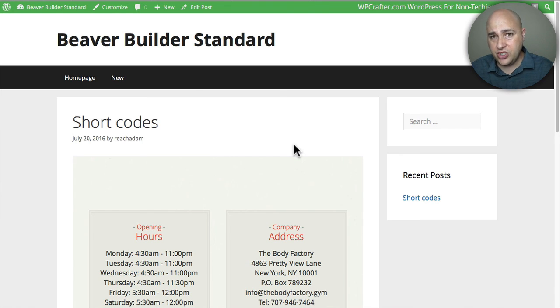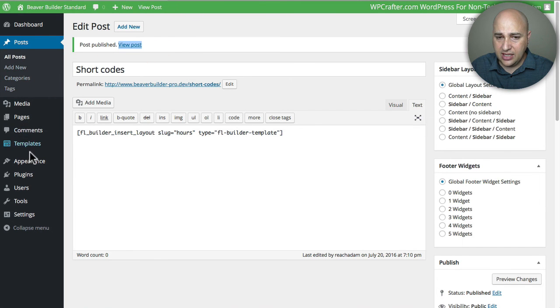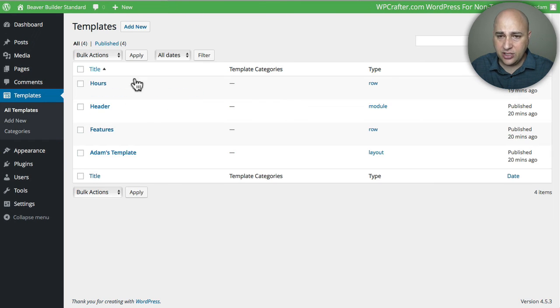You can use them in widgets. I am currently using this extensively on my website because there's certain elements to my site where I can't use Beaver Builder, so it's easier to use templates. Now, I'm using obviously that global template, but if I was using one that is just for here, you can go into your templates area and you can actually edit any of these templates from right here.